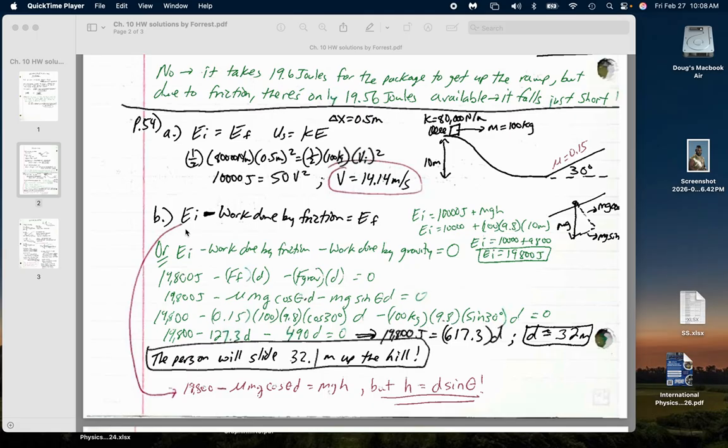For part B, though, we have the initial energy up here, and you could either say subtract off the work done by friction, or the work done by friction and gravity, and that would equal 0. Or you could say initial energy minus the work done by friction equals the final energy, which would equal kinetic energy. So essentially here, what I could have said,